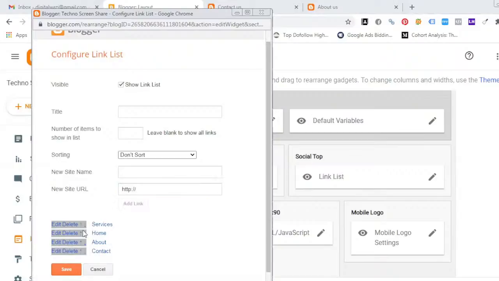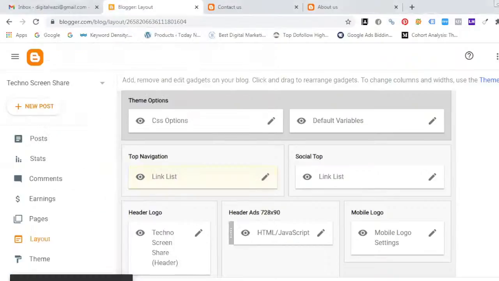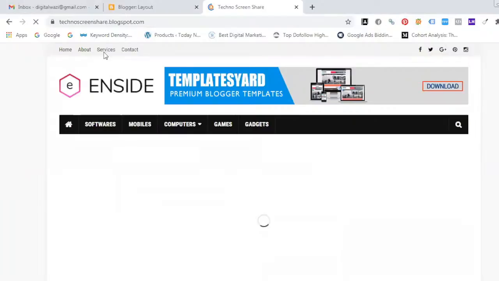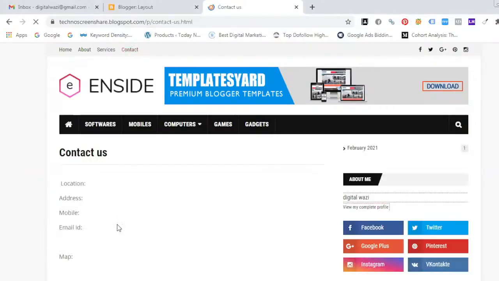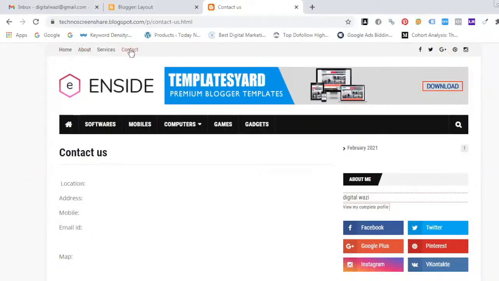Just now I'm using a hash symbol, and I'm arranging the menus using up arrows and down arrows. Then click on save, and again click on save, and refresh your website. See, the services also is showing in top navigation. When I click on contact us, the page should open. See, this is the contact us page. Like this, you will create our pages, then you will give links to our top navigation menus.